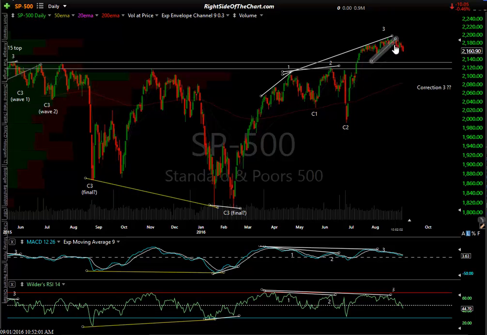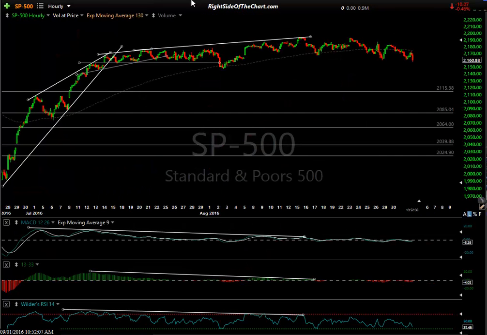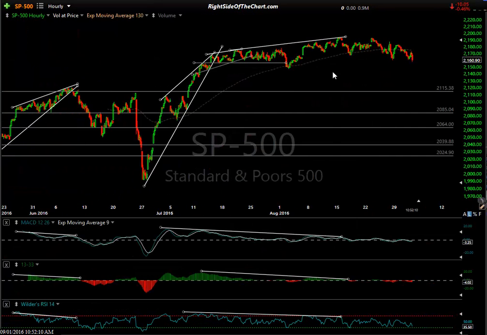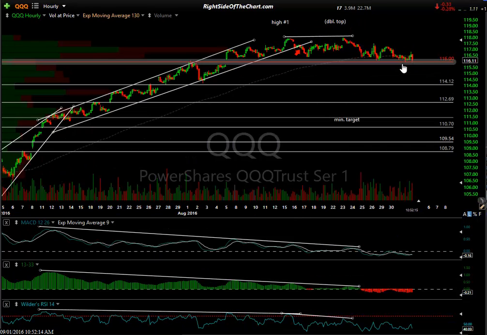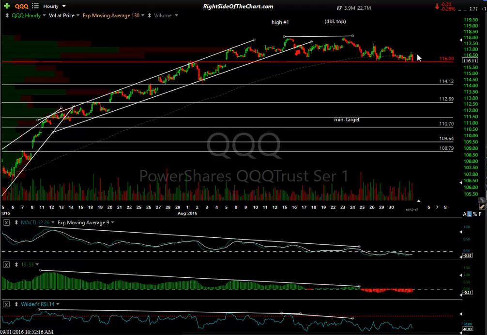And there are times, such as a sideways market, until we break those levels I've talked about over and over. We're going to get into those. Well, let's go ahead and jump into that. Let's look at the Qs. I've been harping on 116 for a long time. This is a key support level.